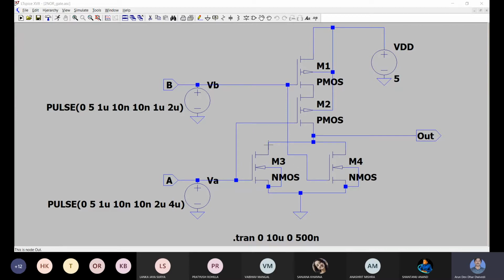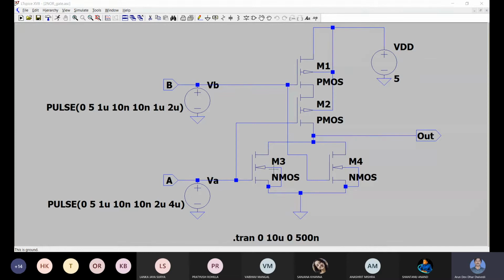From this common drain, the pull-up network is connected in series, and in the midpoint we take the output of the circuit. The body of the upper PMOS, and also the body of the lower PMOS, is connected to the highest potential point of the circuit.